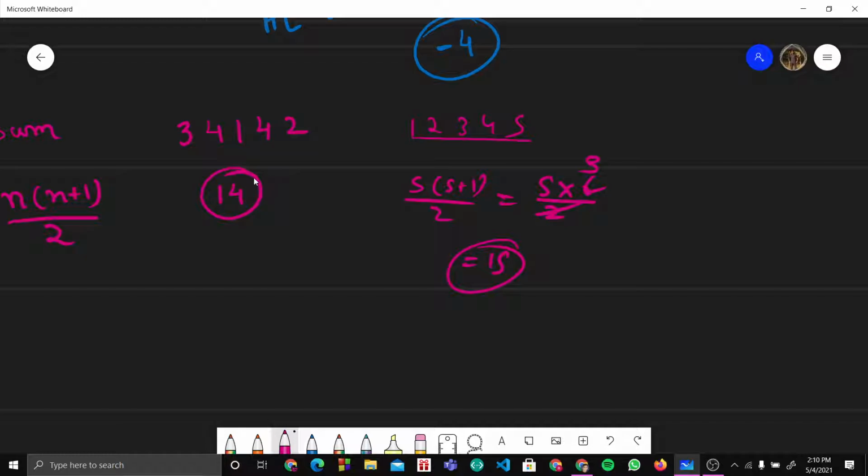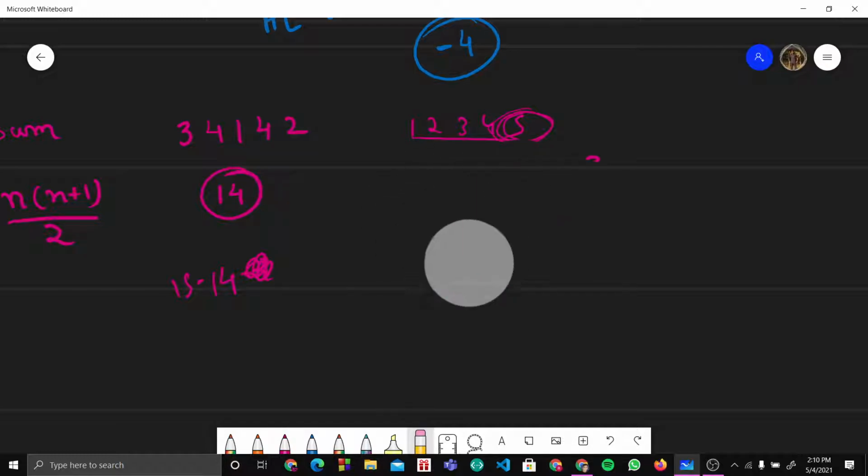Now if we subtract 15 minus 14, we will get, just a second, if we have till 4, 4 5 6 7 8 9 10. Sorry, not till this thing. We will go a little bit less, not till this entire stuff. So my n will be n minus 1.